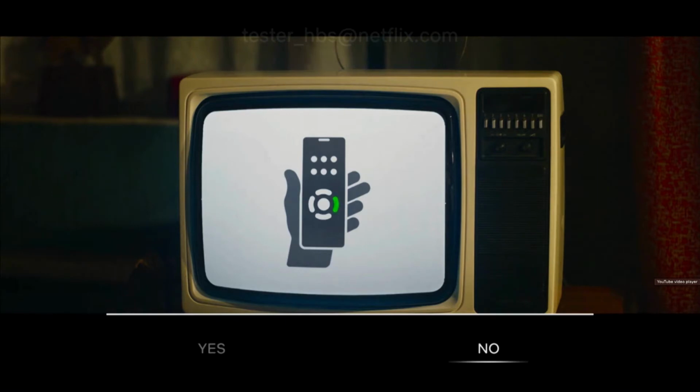Use the left and right buttons on your remote to highlight your selection, then press OK. We'll dig into that a little bit, but a remote is actually a very large part of how this all